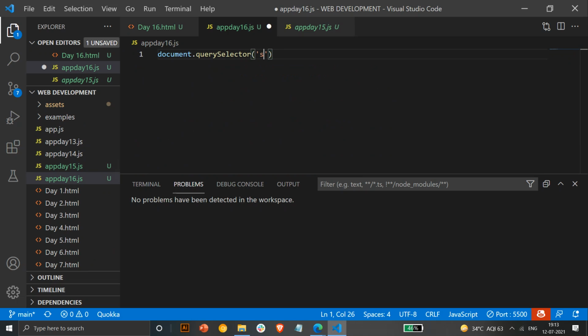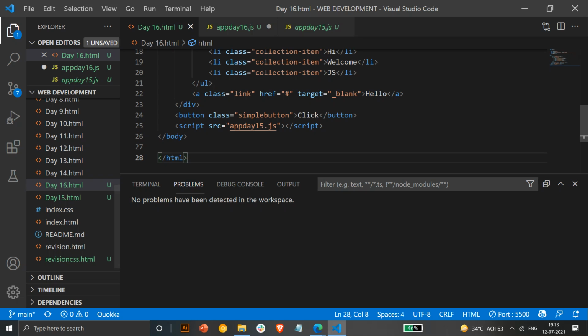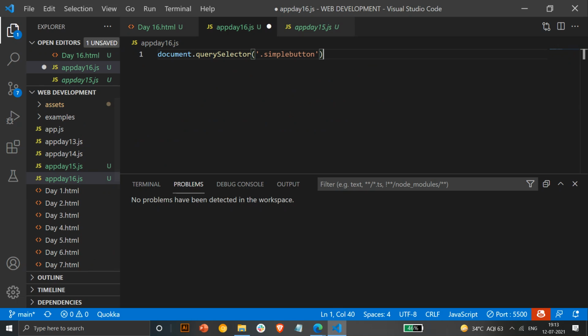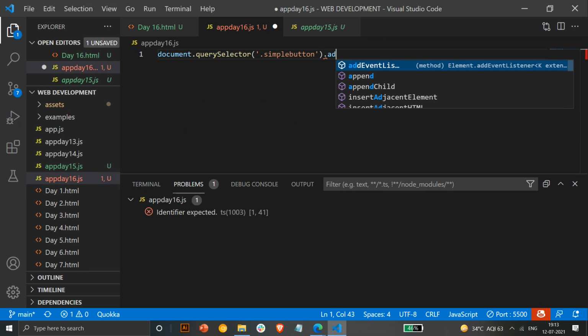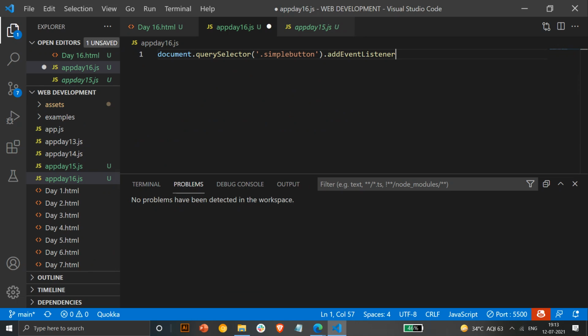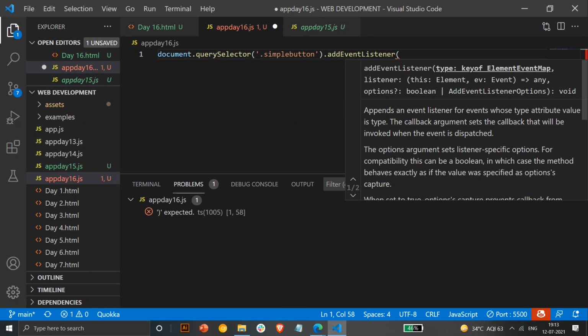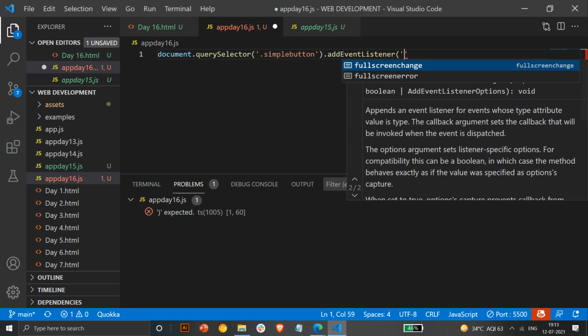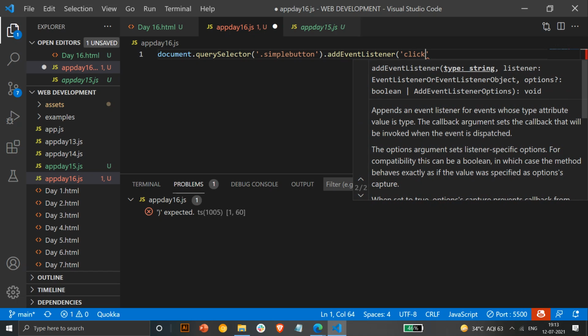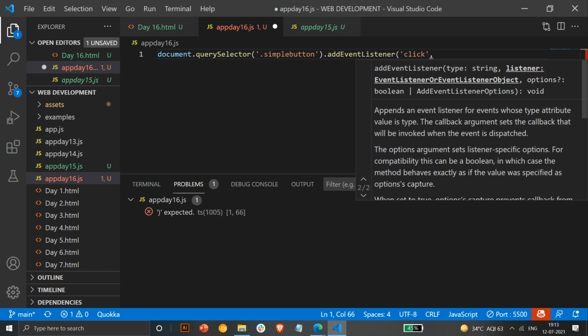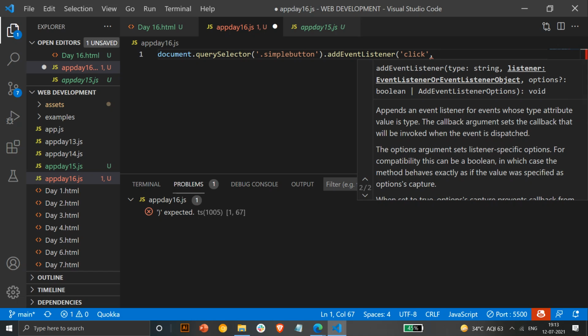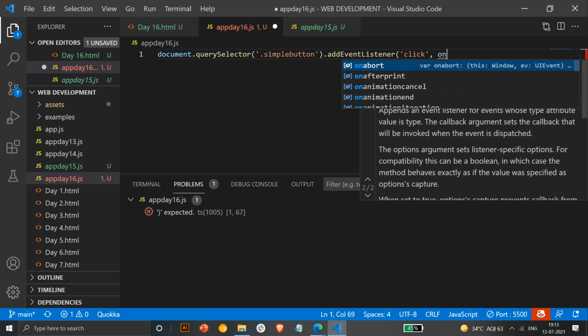With an event listener, you just have to call that particular button. Here we have a simple button in HTML, so we call it using query selector, and then we add an event listener. To do that, you use addEventListener and define whatever function you have to do. Suppose you have to do something on a click, you will say click. Then you can define your own function here, or it's better to always create a function name here and then use it. So I'll just create something like onClick.